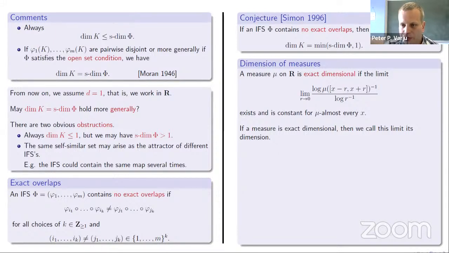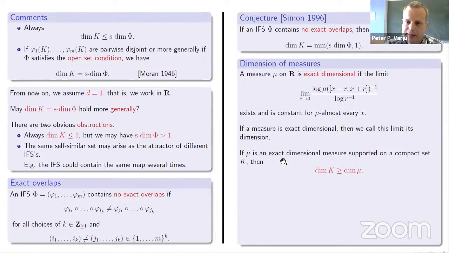If it converges for almost every choice of x, and moreover, the limit doesn't depend on which points you take, then we say that the measure is exact dimensional. And if it is exact dimensional, then we call this limit its dimension. So this is the notion of dimension that I'm going to use. This doesn't exist for all measures,